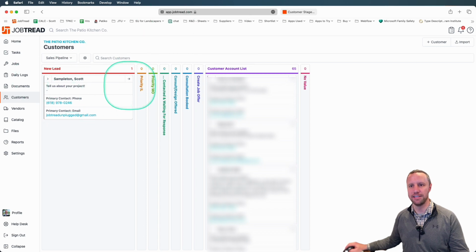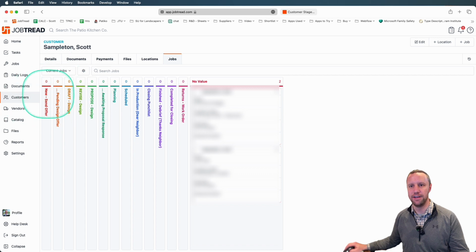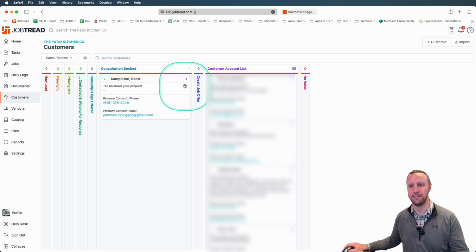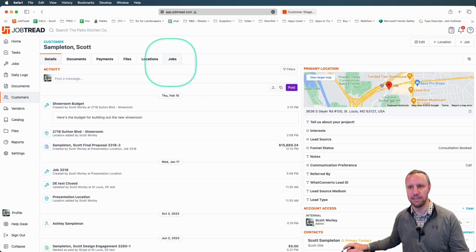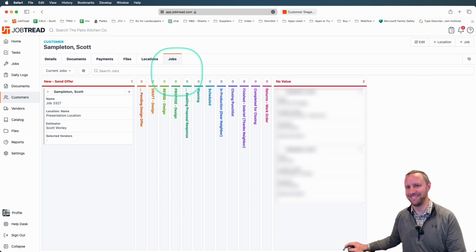Right now we've got this customer, Scott Sampleton, and he's got nothing in the new offer column. We move, and now we've scheduled a consultation. And now when we go into customer and we go to jobs, and we give it a second, there we go. So now we have this new job created in a new send job offer column that will show up in